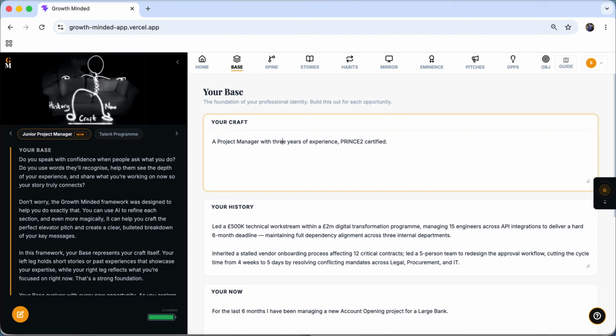So I need to try and get a sense of the craft you do and for the length of time or the level of repeatability. Then the history and your stories, one or two stories that really tell me what level of complexity you can manage. So here's my example, and I'll do the base and the history in one go. I'm a program director, and I'm certified by IBM to lead large complex projects on behalf of the company.